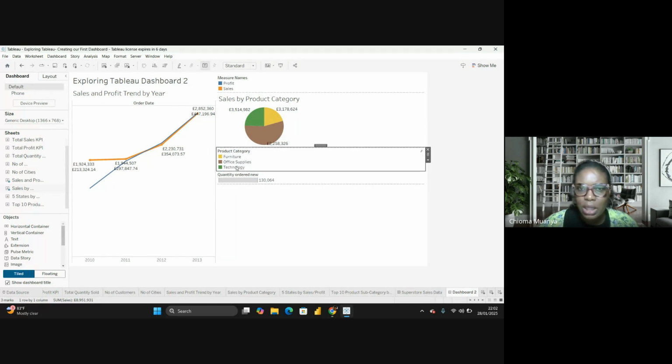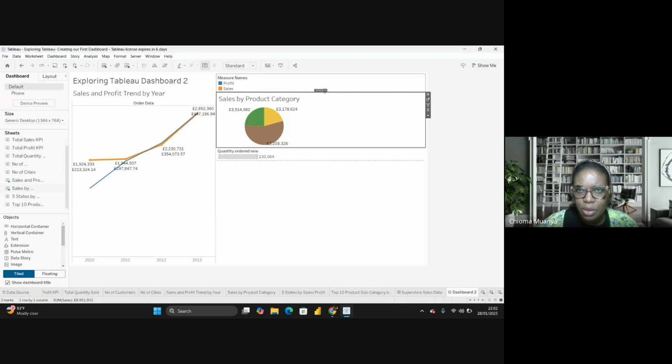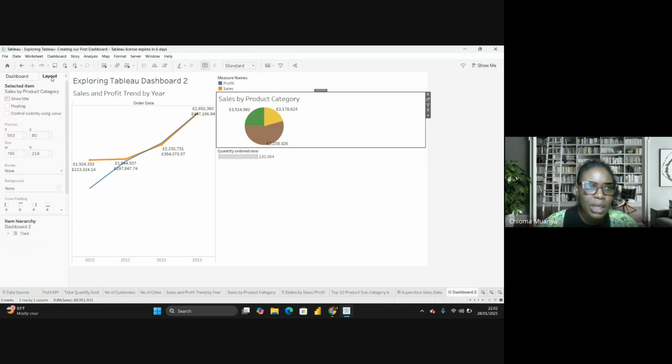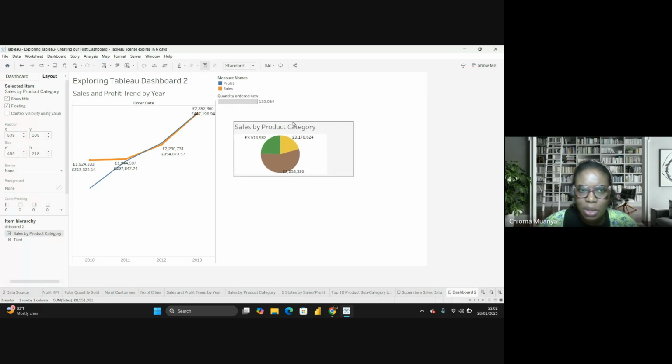I don't want these headers. And the layout, I want it floating so I can move it about.